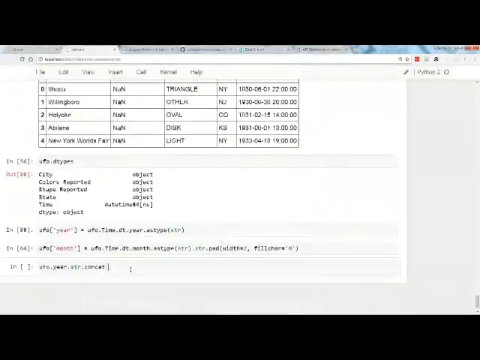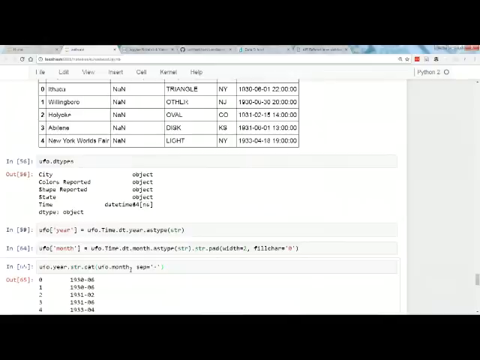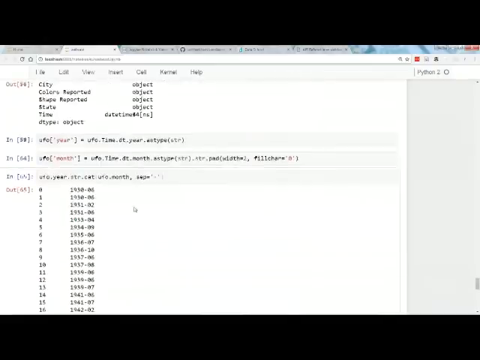It is cat. str.cat, UFO dot month, sep equals dash. I think that'll work. And look at that. All right, problem solved. I took the year and concatenated it with the month, separated with a dash. You could store this as a new column.